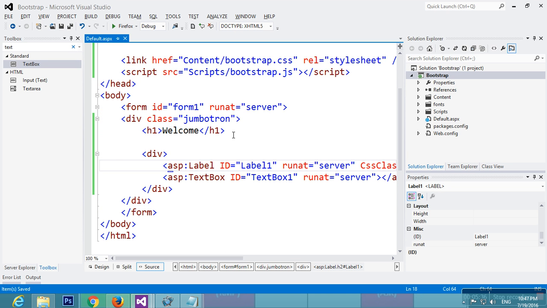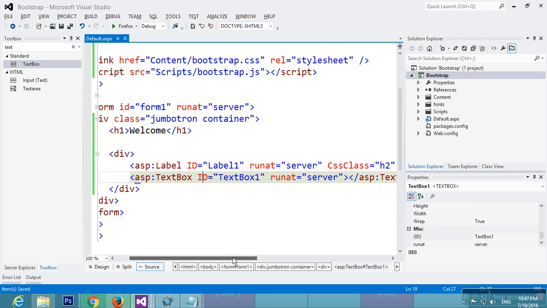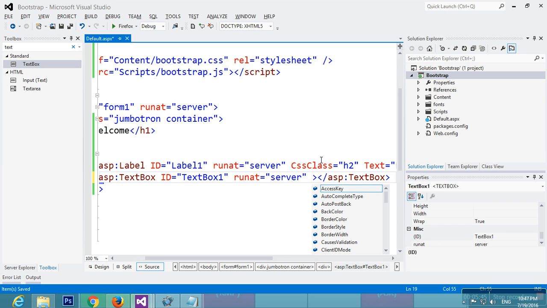So let me just continue. I'll create some container, and again over here I'll add one more CssClass.